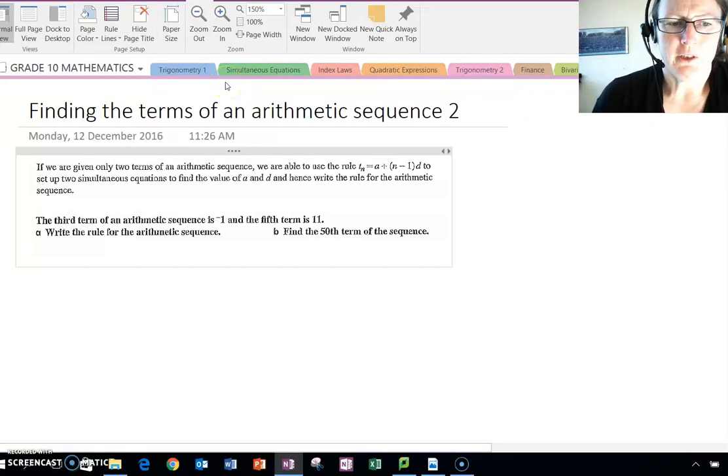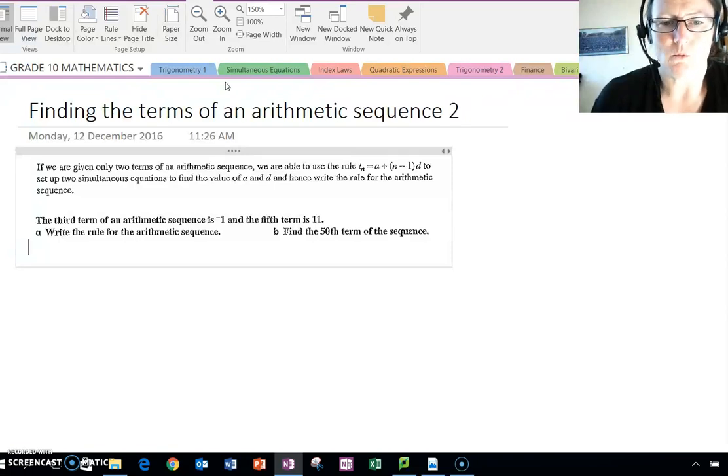Okay, if we are only given two terms of a sequence, so we might be told, for example, what the fourth term and the seventh term are. If we're told what two terms are, then we can use the rule Tn equals a plus n minus 1d to set up two simultaneous equations which then help us find a and d and hence write the rule